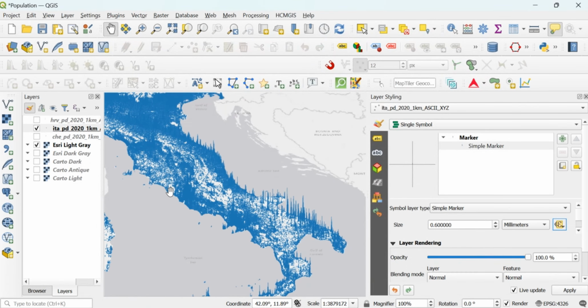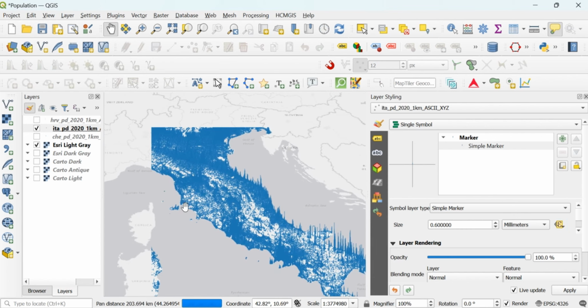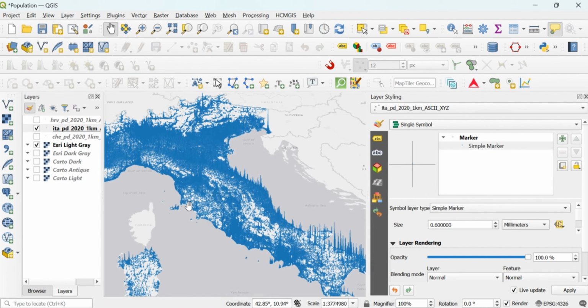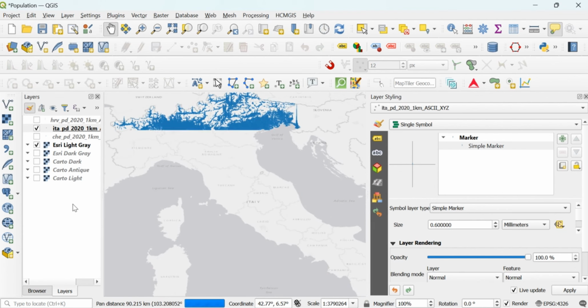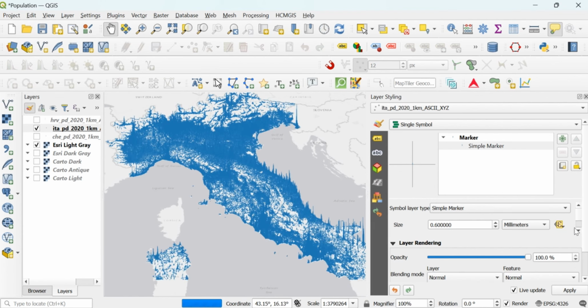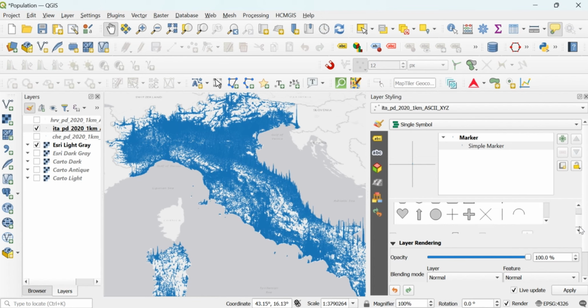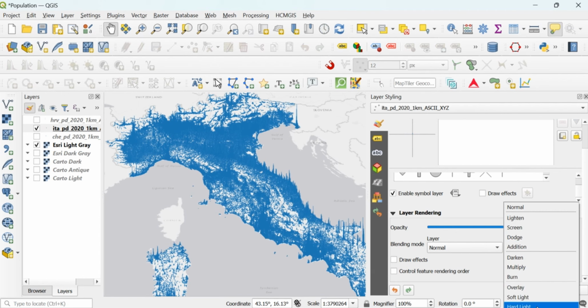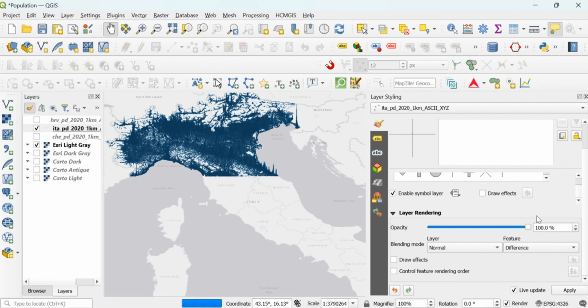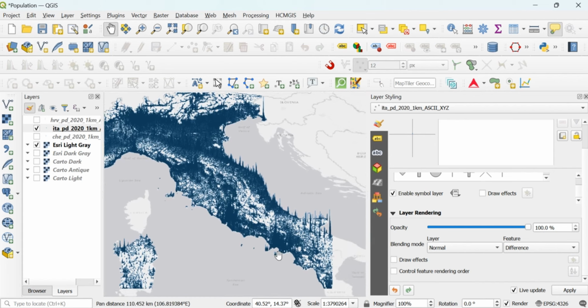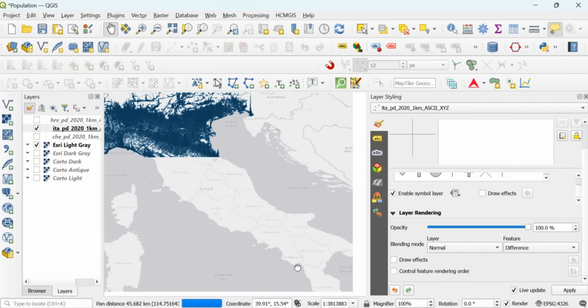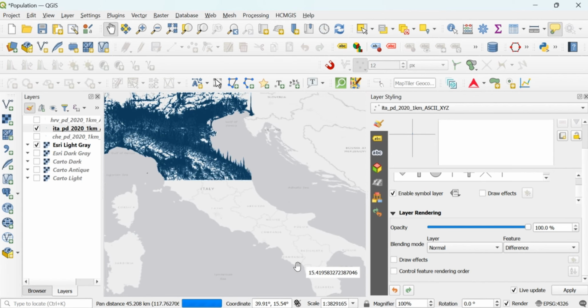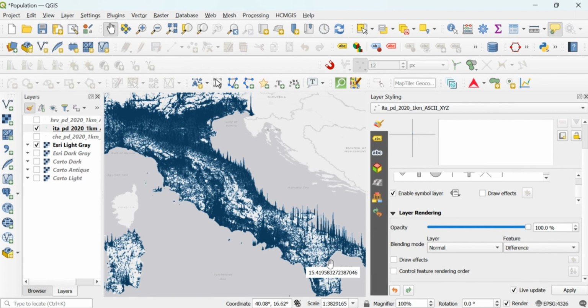Because the idea is that you want to visualize it, but it still has to be visible which areas are dense and which areas are not. Let's see if we can also experiment with the renders. Let's make this difference. The difference seems to be working a bit fine.